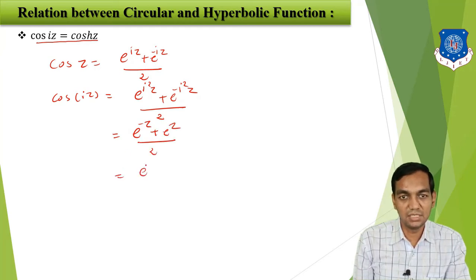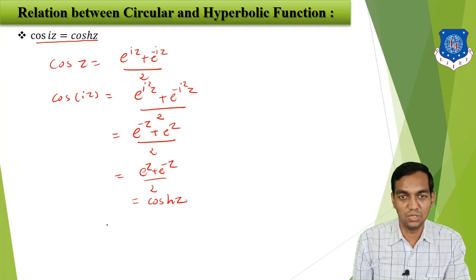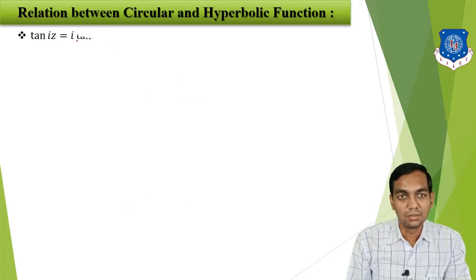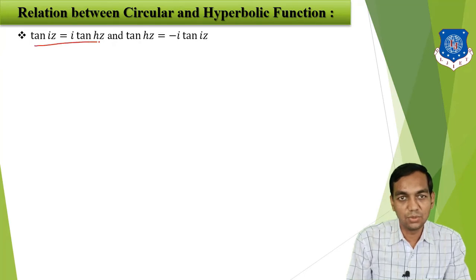Now since it is addition, this and this both are the same, as addition is commutative, so this is nothing but cos hyperbolic z. Now, tan iz is equal to i tan hyperbolic z, or you can say that tan hyperbolic z is equal to minus i tan iz. So we are starting again with the definition of tan iz